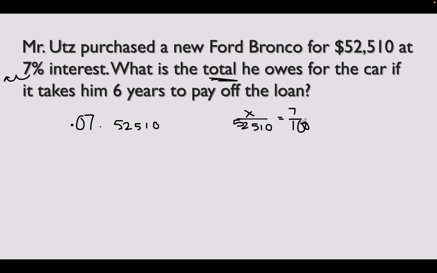Again, when we calculate this, that's going to give us the amount of interest for 1 year. And in this case, that's $3,675.70. So I had to double check that because at first I thought that looked a little bit high, but now that's per year, and then we're going to multiply that by 6, and that's going to give us